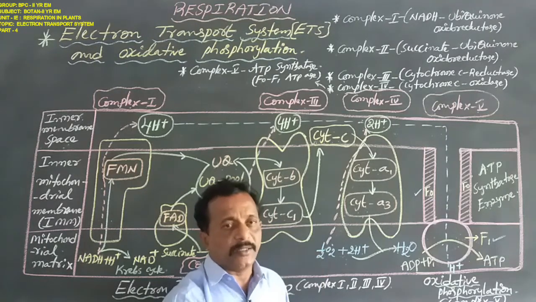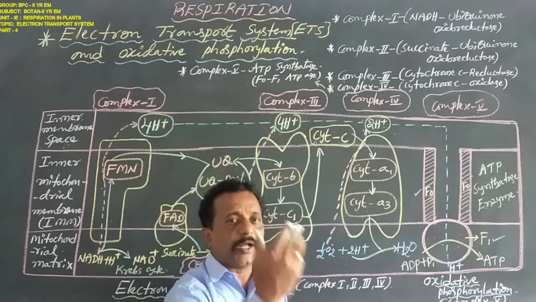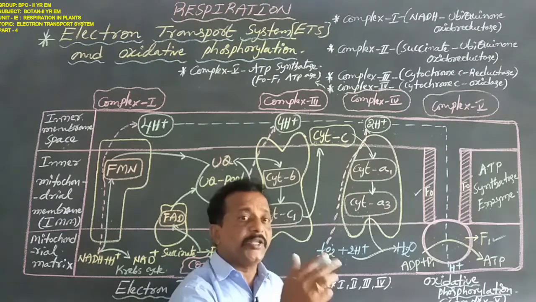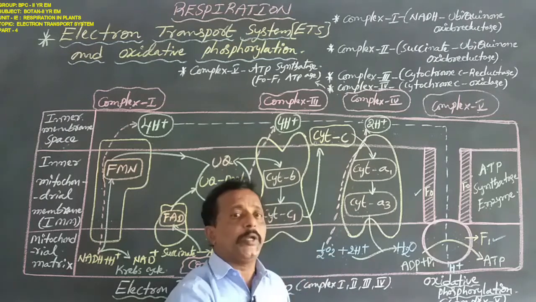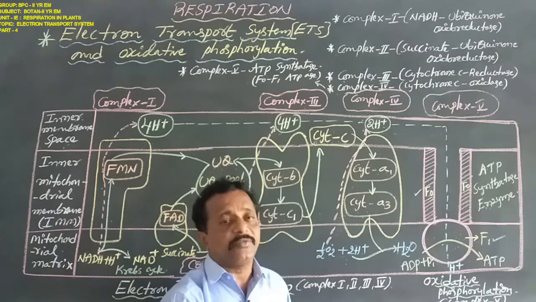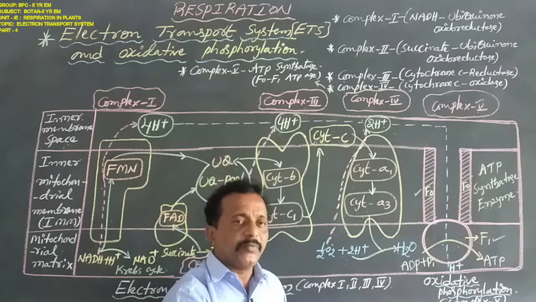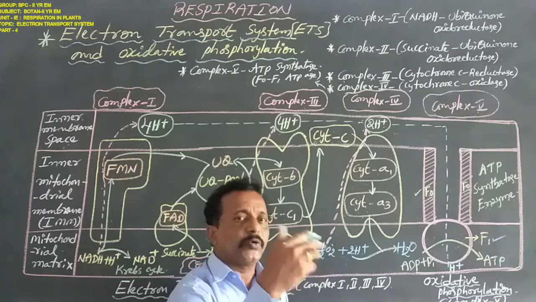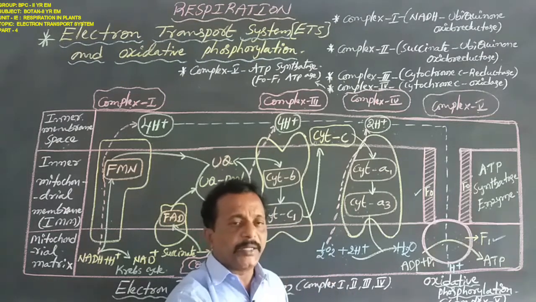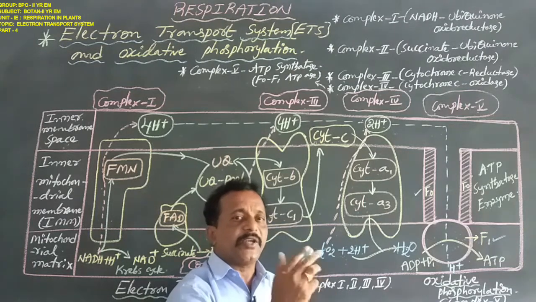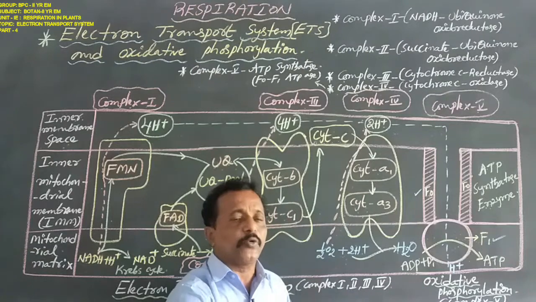This is so only in the Krebs cycle and also in pyruvate oxidative decarboxylation. But in glycolysis, every time oxidized NADH2 forms only 2 ATP molecules. This is a very important area. In glycolysis, oxidized NADH2 forms 2 ATP molecules, but in pyruvate oxidative decarboxylation and the Krebs cycle, oxidized NADH2 forms 3 ATP molecules, and oxidized FADH2 forms 2 ATP molecules.